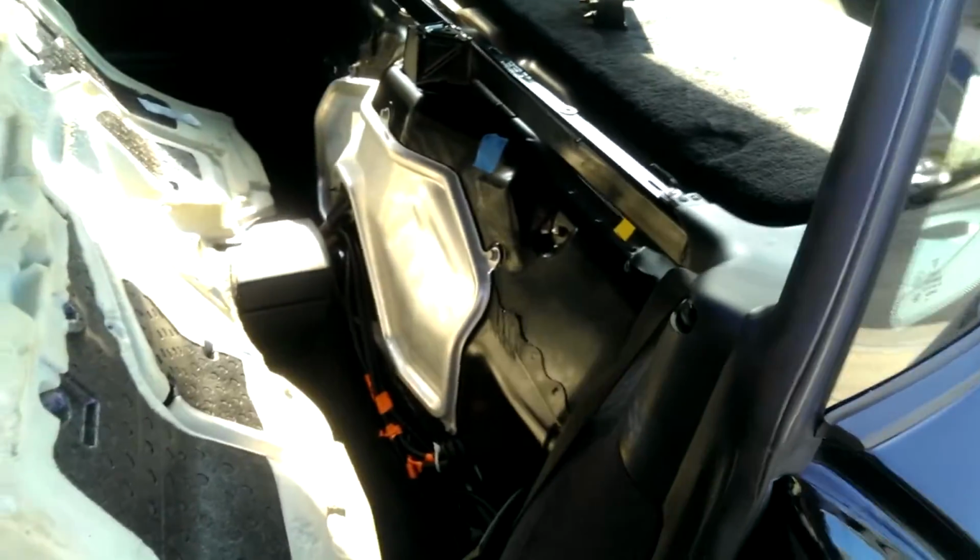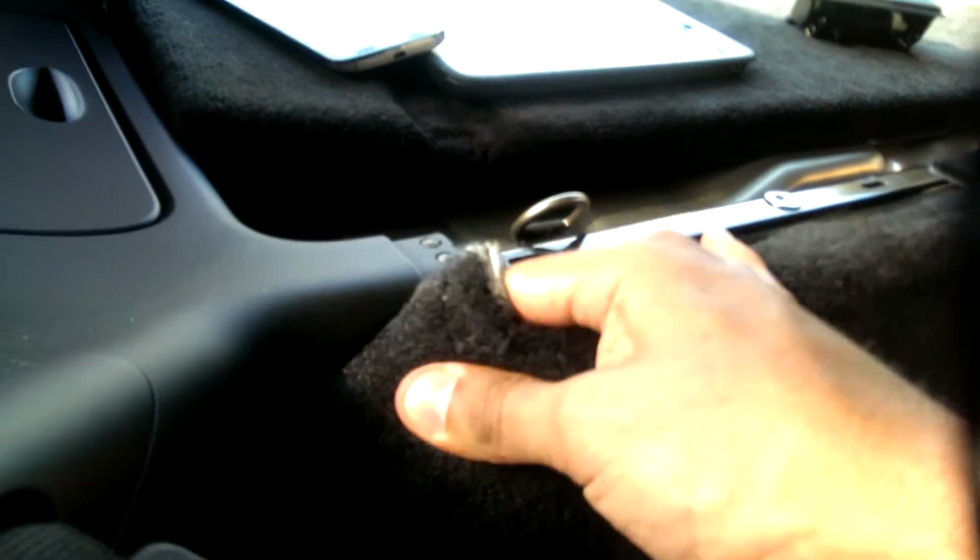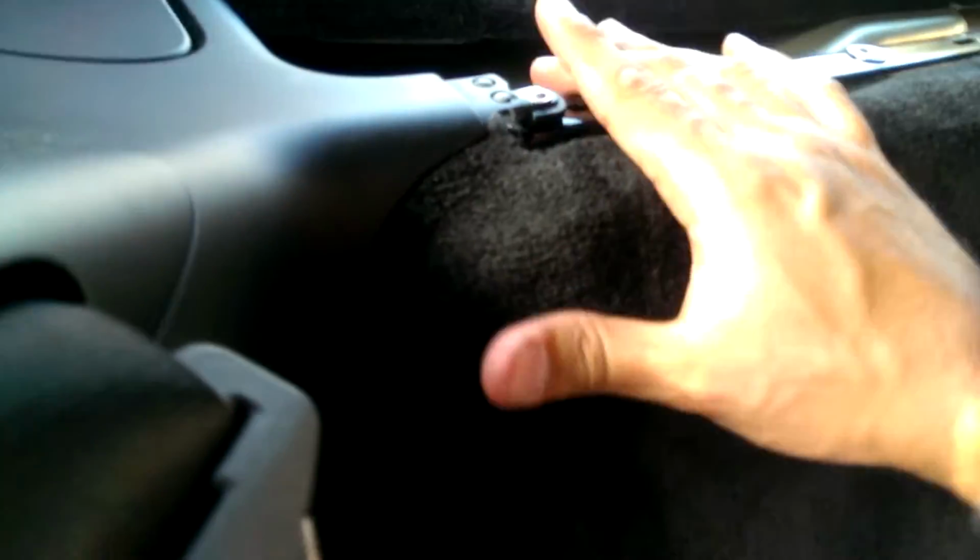Putting in the rear trim for the firewall. This is what the wires ended up looking like. There we go. Now just put this back in. You tuck in the top first. Once you tuck in the top,